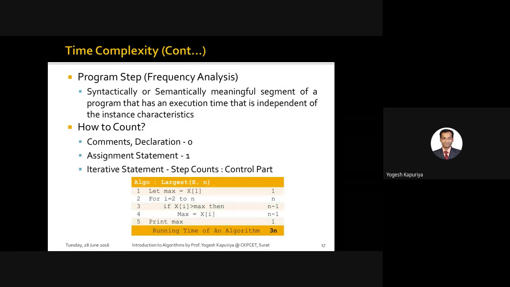Or let's say you are doing a conditional check. A is greater than 5, B is less than 5, something like that. So all of these come under this category of statement, which is called an assignment or a relational statement. So the program count for those types of statements is 1. And then the third component which you need to take care of is